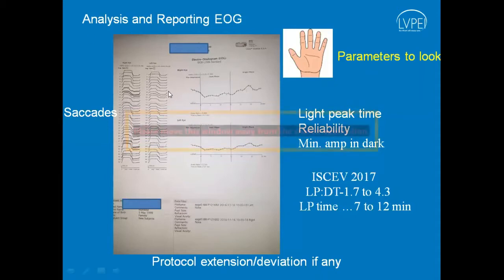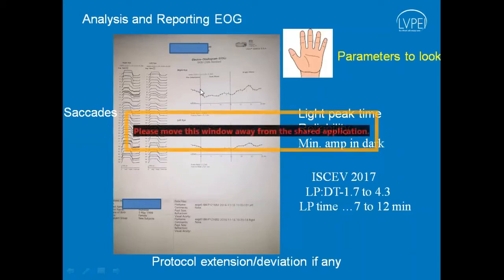Then the second is what is the dark trough and the light peak absolute value. If those peaks, both in the dark as well as light, are plotted, normally they should be like a sine wave pattern like this, and should slowly go down and reach a minimum around 10 to 15 minutes after the test. Then, once the light adaptation starts, they should reach a maximum around 10 to 12 minutes.